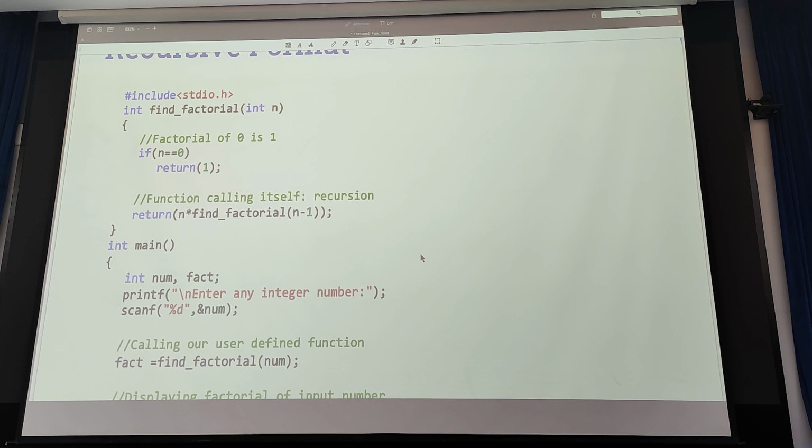Please find the factorial of n. How do I find the factorial of n? Can you explain how the function computes? How? Okay. Please.